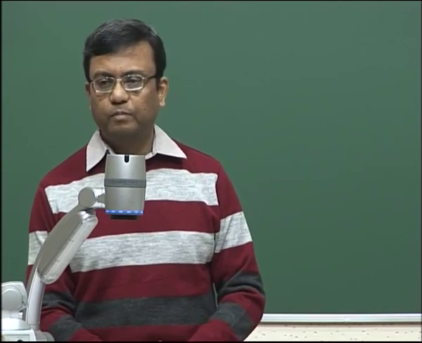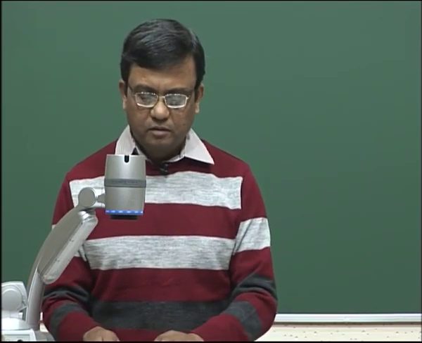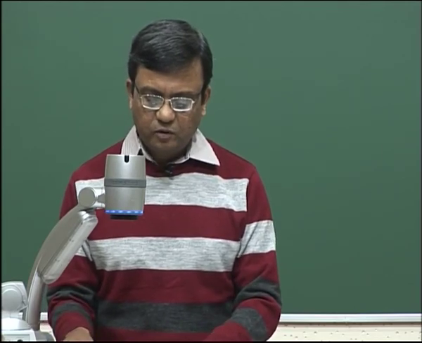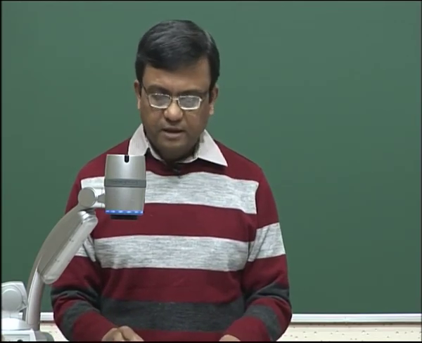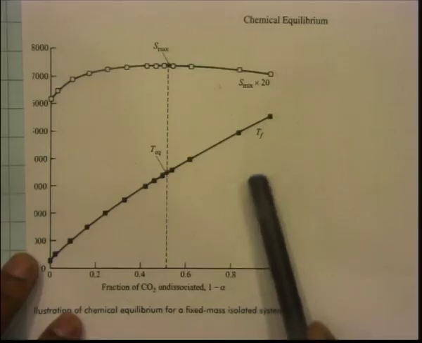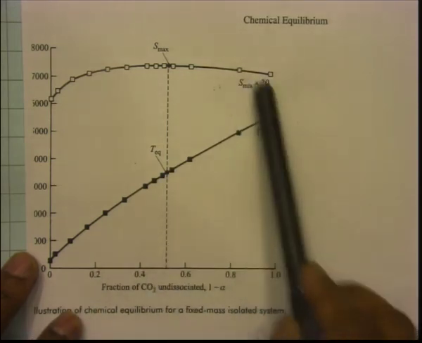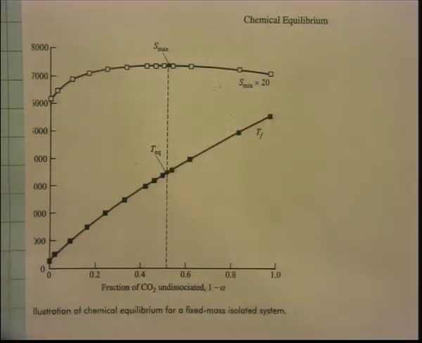Sir, what is this S mix into 20, sir? Oh, okay. So, we will just take this question before closing. The question here is that in this particular graph that we have S mixture into 20. So, this S mixture into 20 it is nothing really, it is just that it says that S mix value is the mixture entropy for a particular value of alpha that you assume.